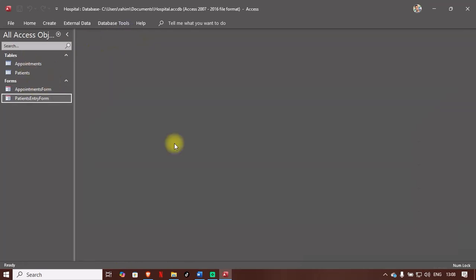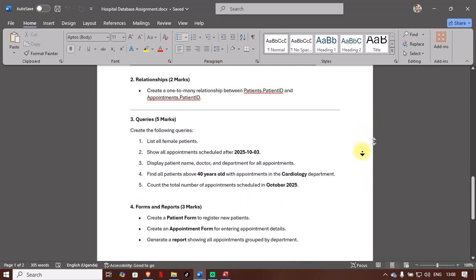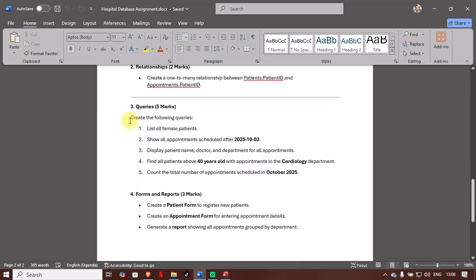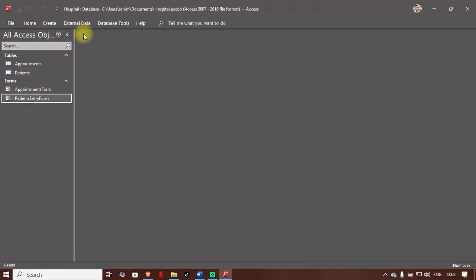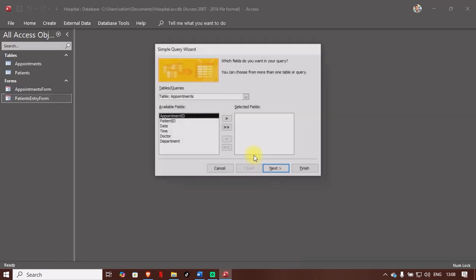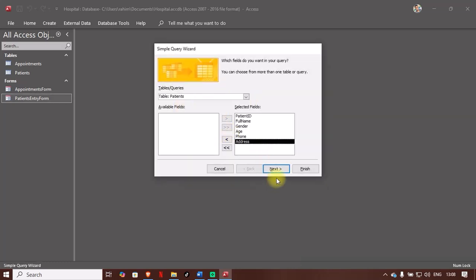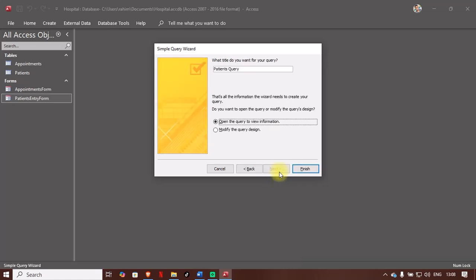Okay, let's start answering our queries. The first query is create the following query: list all female patients. How do you do that? You're going to create a query that is going to list all the female patients, and the patients table will be our source. What to create? Use the query wizard, simple query, choose a patients table, take all of them, next,